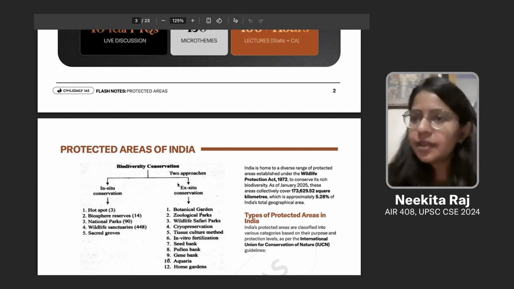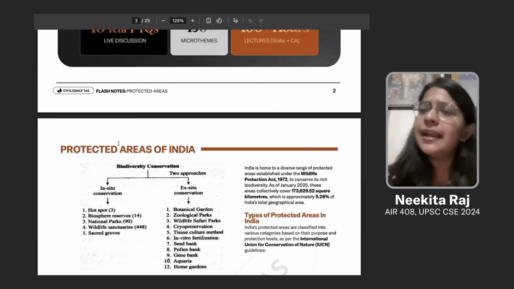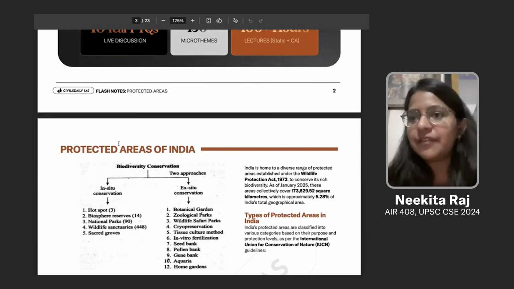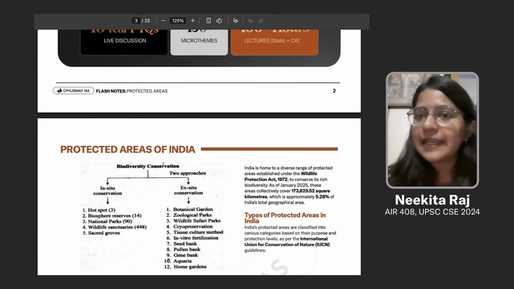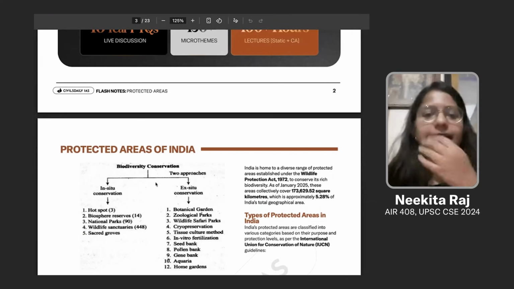So once you are done with your static portions, and once you have made sure that those are the subjects जिसमें आपकी अब गलती नहीं होगी, let's move to the environment section, where we will make sure कि यहाँ पे अगर इन areas से हमारे questions आ रहे हैं, so we tackle them nicely.